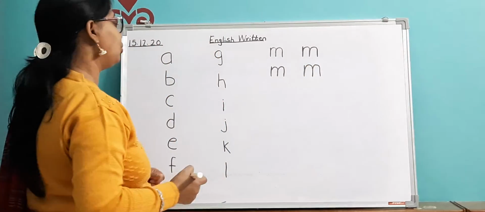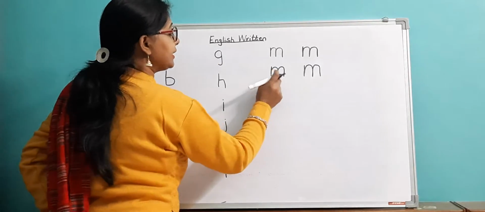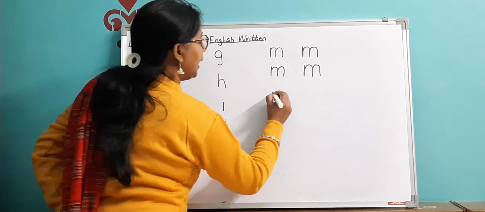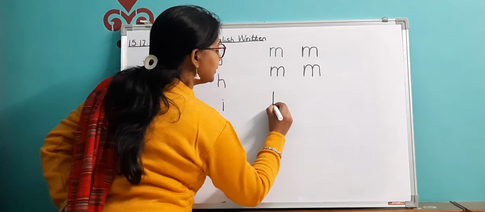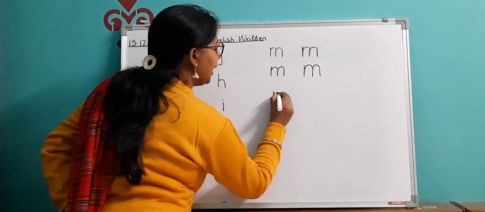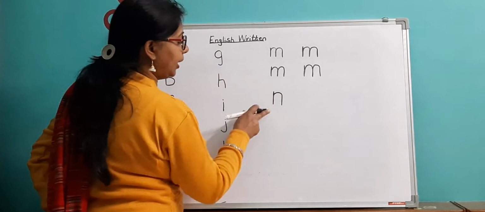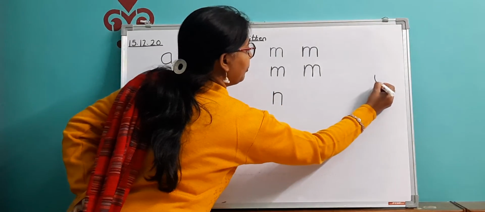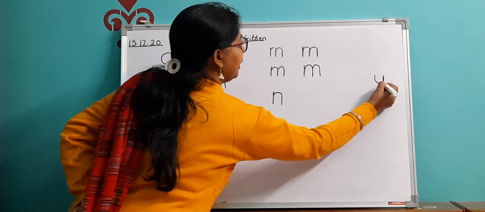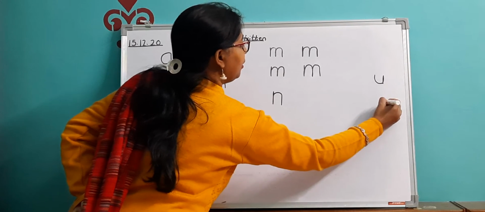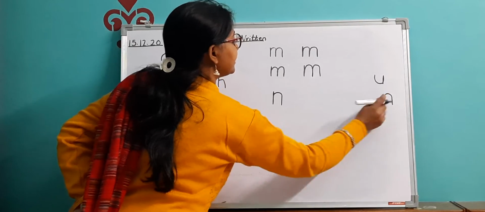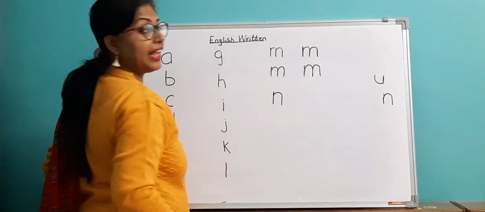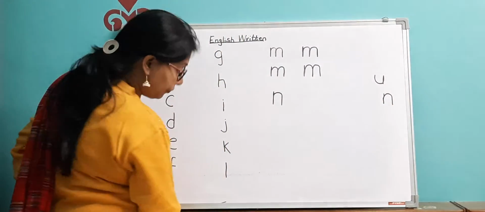So this is m, and how do we write n? In the same manner we'll write n, but here we have made this two times, and in n only one time. Just have a look. Standing line, go back on the same line and then again come back. You can say this is upside down u. How do you write u? U for umbrella, you write it like this. Now you can turn it around and it will be upside down like this. And in this you make this standing line over here. It is now n. N for nose, n for nest.